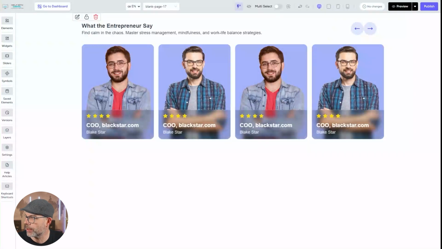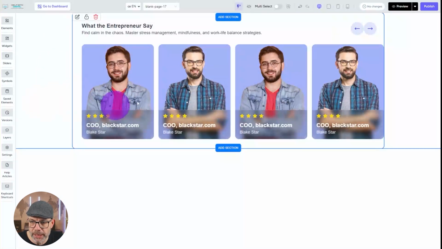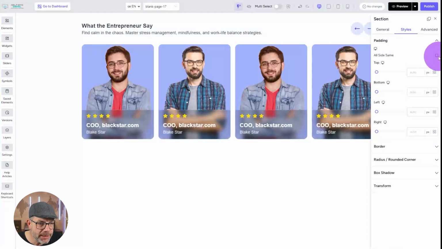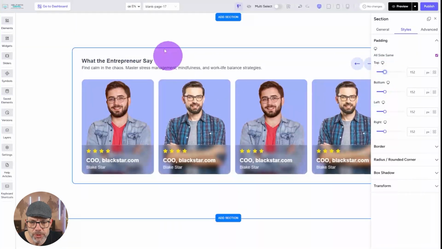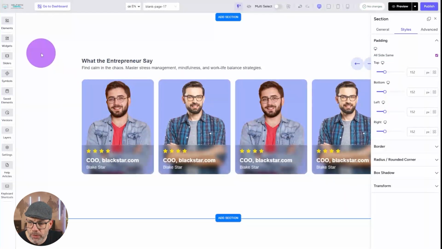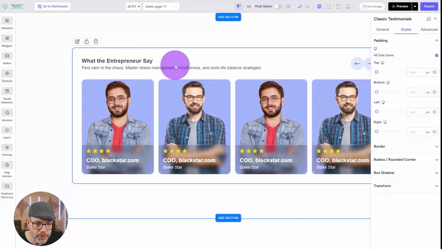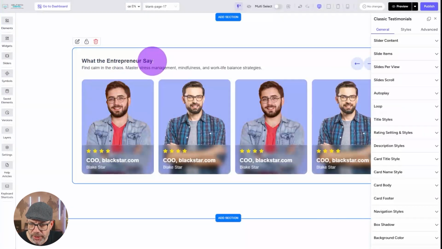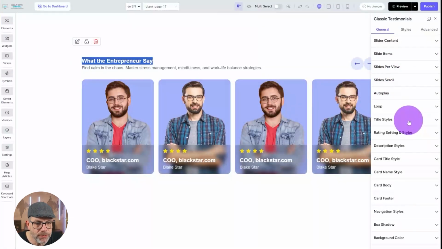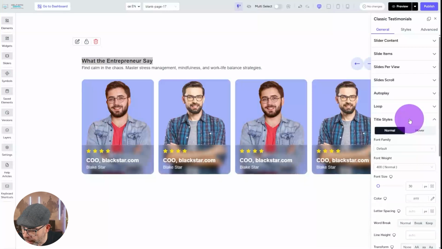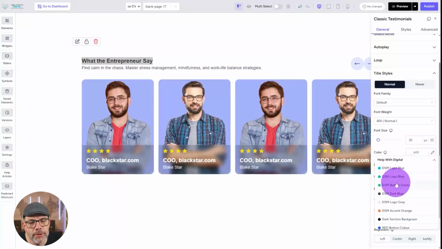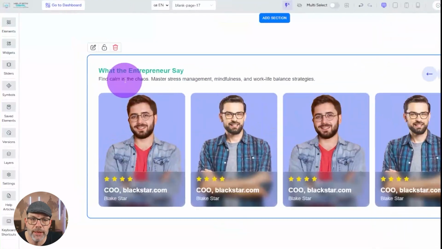And then next up, what I'm going to do is show you how we can begin customizing this. So in the section itself, I am just going to add a little bit of padding just to create some space around here. Now, what I'm also going to do is change some of this styling here. So first of all, I'm going to change this title here. So it says what the entrepreneur says just here. So I'm going to look for the title styles, which is just here, and I'm going to go about changing the font color of it to my brand green,